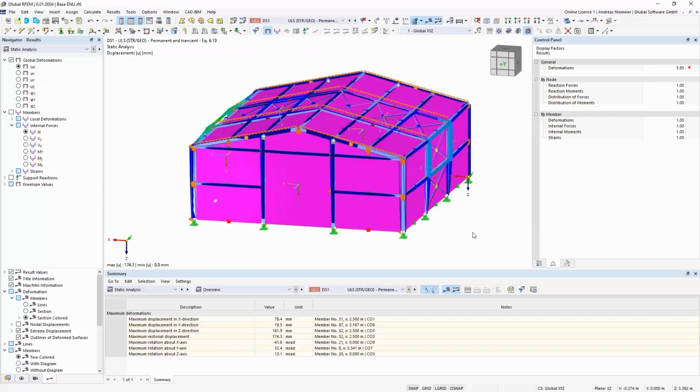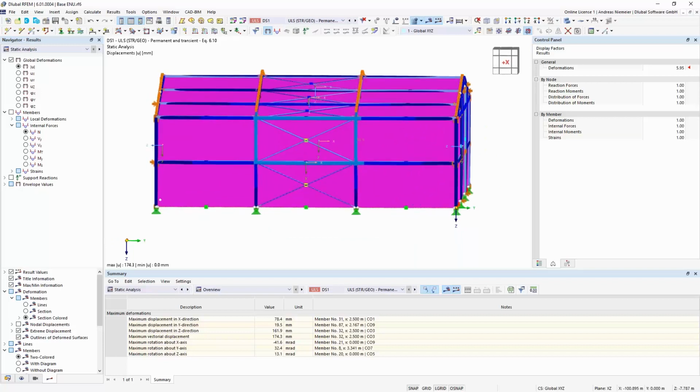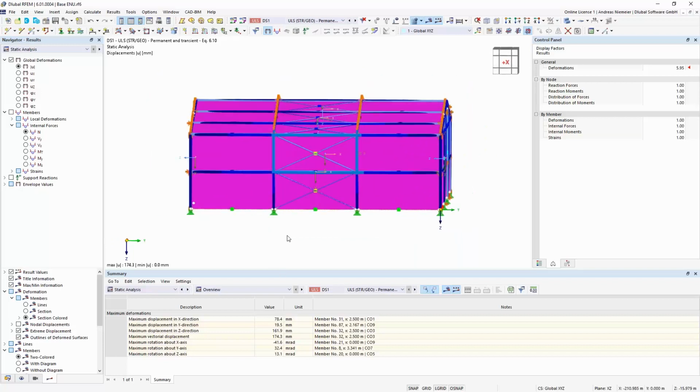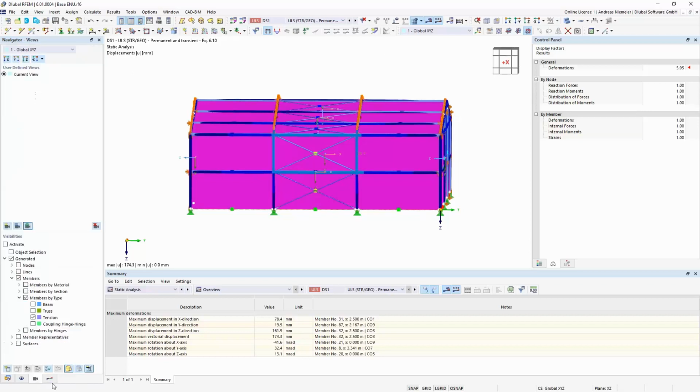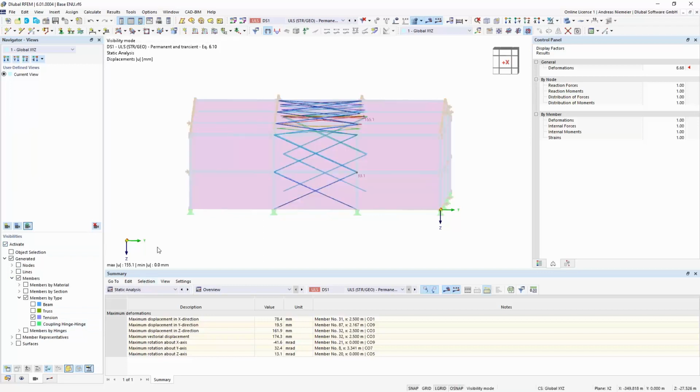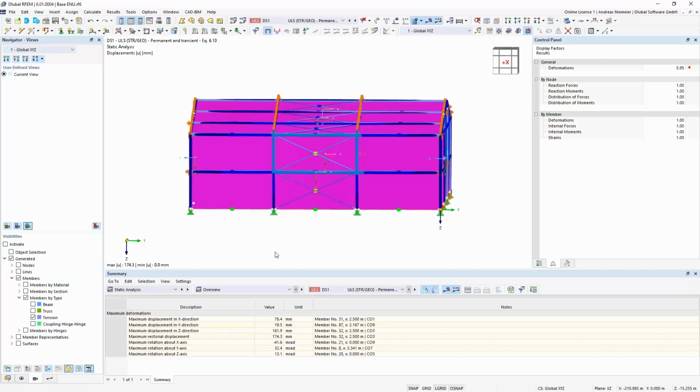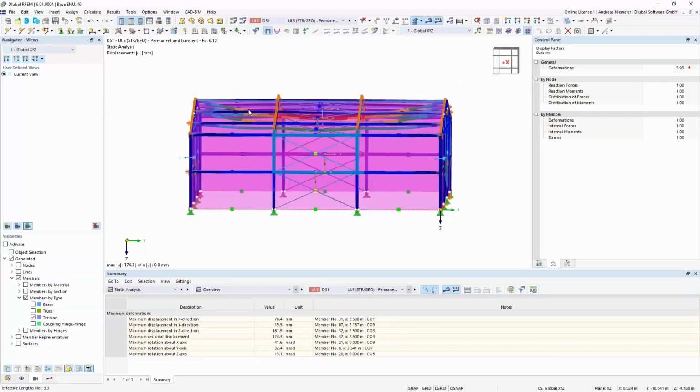The next is, if you want to print something or to give it to your client or customer, we have some organization. You have some visibilities automatically generated, so you can display maybe all attention members or all prepared groups, but you have also the option to create your own groups.